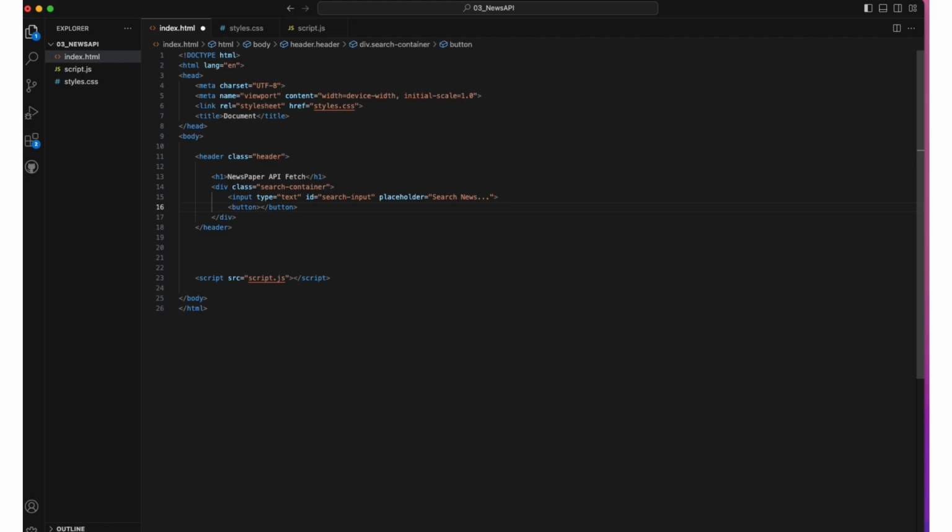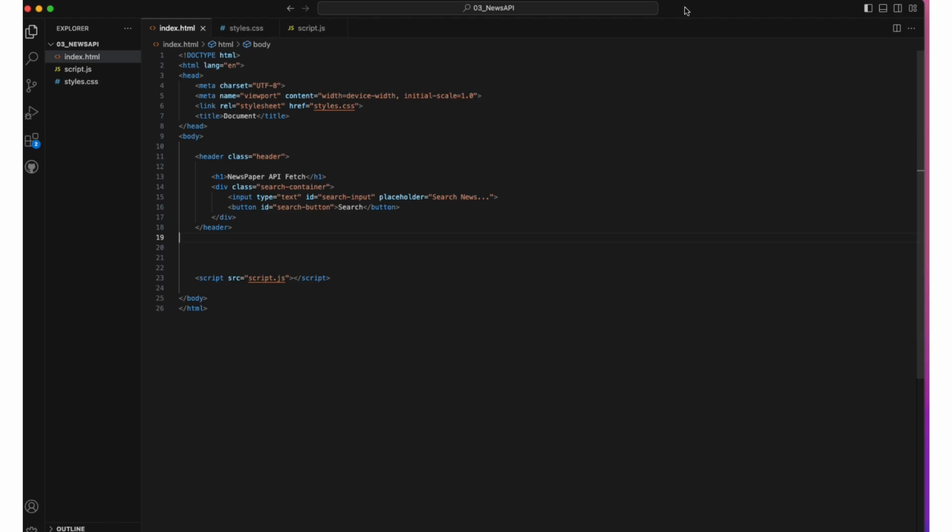The button will say search, and we will give it an ID of search-button. Okay, so that's pretty much everything